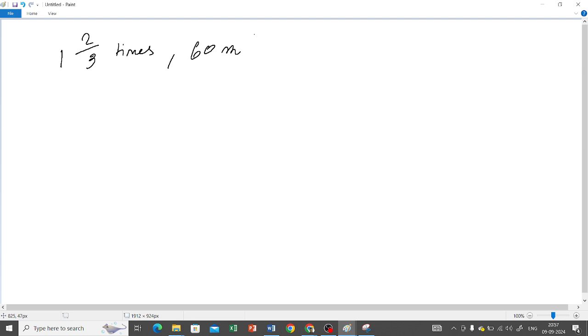I have already derived the formula for you, but try to derive the formula and do it. How many formulas are you going to learn? Tell me. If you make it n plus 1 instead of n minus 1, then gone, finished. Learning that formula will not give you any benefit, so it's better that you derive it and do this sum. A is 1 2/3 times as fast as B. If A gives B a start of 60 meters, how long should the race course be so that both of them reach at the same time?